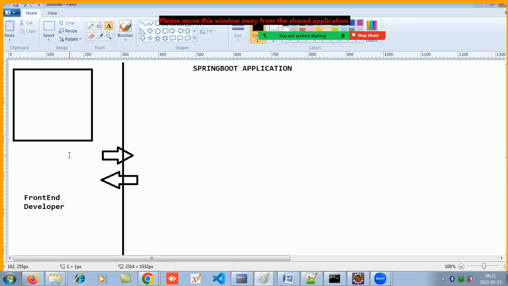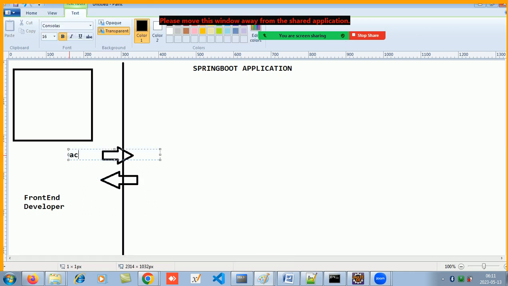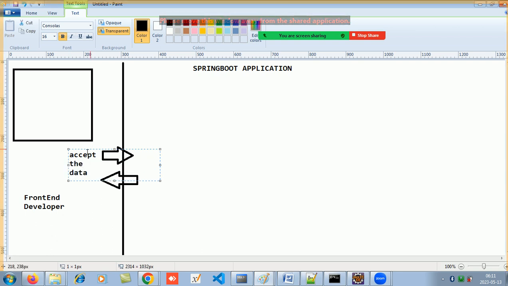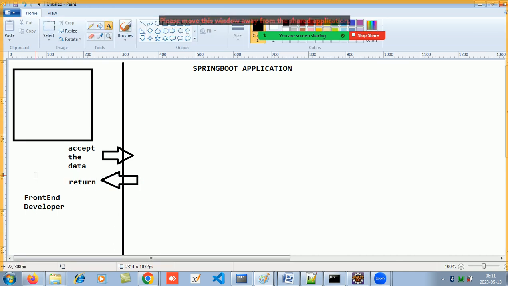We will accept the data, okay, and mostly this data which we will accept and what we will return back, this data will be in a JSON format. Okay,